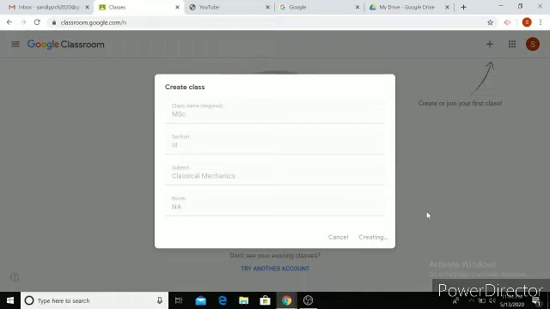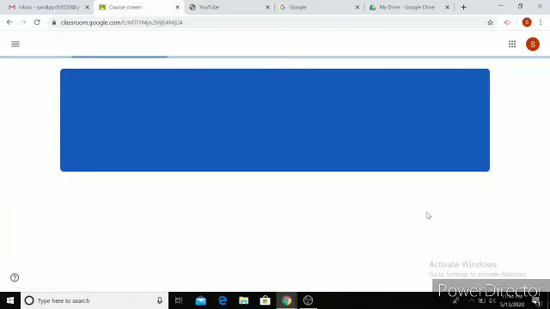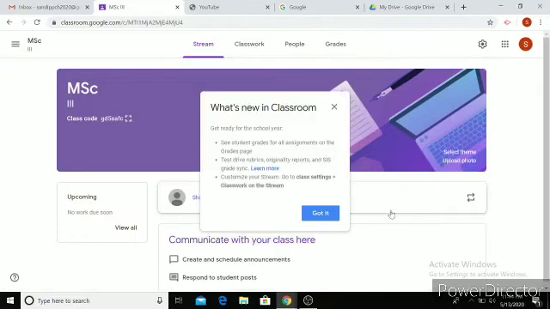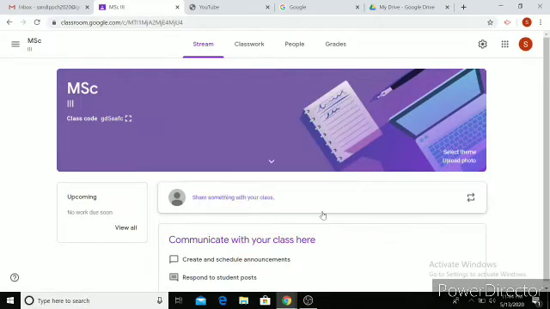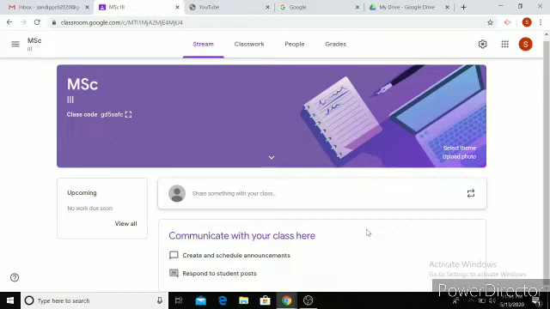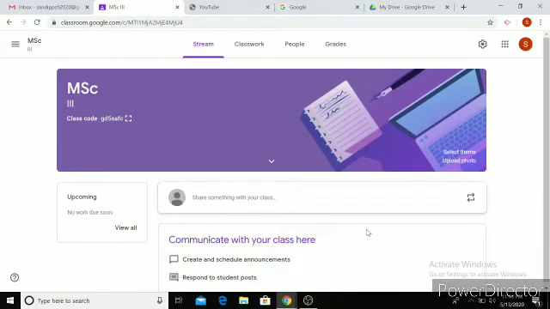Okay, so this way I've created a classroom. That means I basically constructed the room where I can take my class. Now once I have the room, I need to invite the students. If you are new to it, they will provide some instructions, but anyway, since I'm telling this, you can obviously use this. Before we go into how to invite the students and how to create lessons and so on,